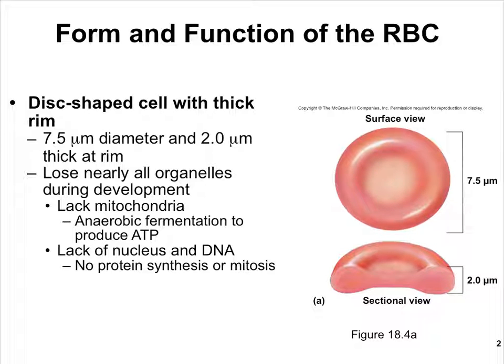So the function of the red blood cell is primarily to transport oxygen, and it's the hemoglobin molecule that transports that oxygen. There are two things that can control how much oxygen a red blood cell can transport. First, there is the amount of hemoglobin that it can carry. The more hemoglobin that it can carry, the more oxygen it can transport. But if the whole purpose of the red blood cell was to optimize the amount of hemoglobin that it could hold inside of it, then the perfect shape for it would be a sphere. The sphere is going to hold the most hemoglobin possible, but this is not a sphere, so there's a second